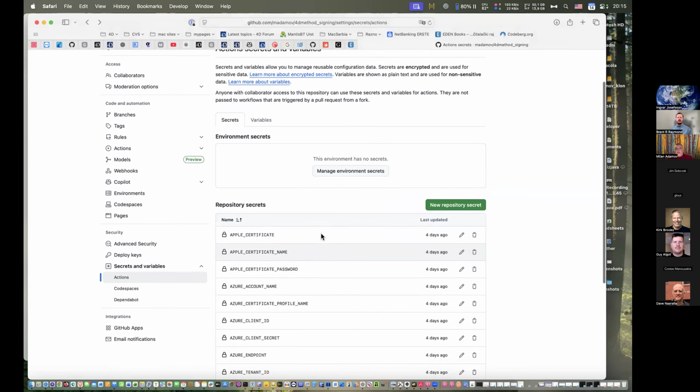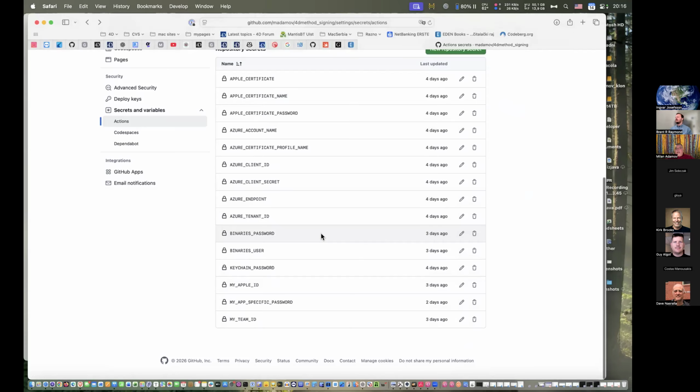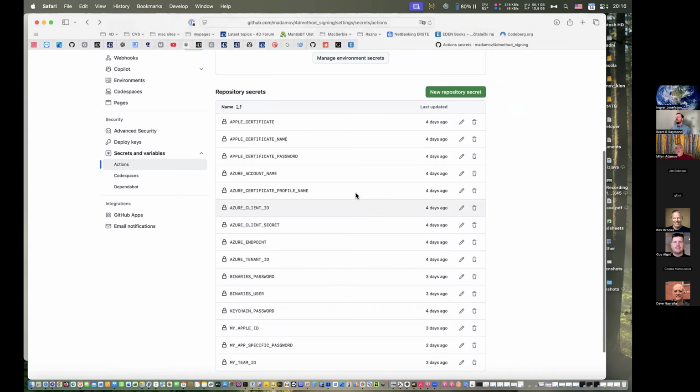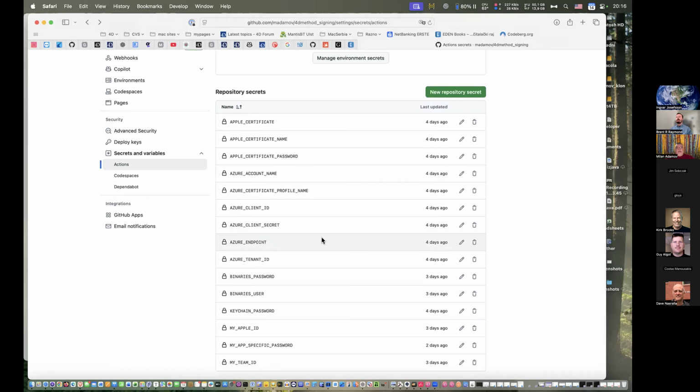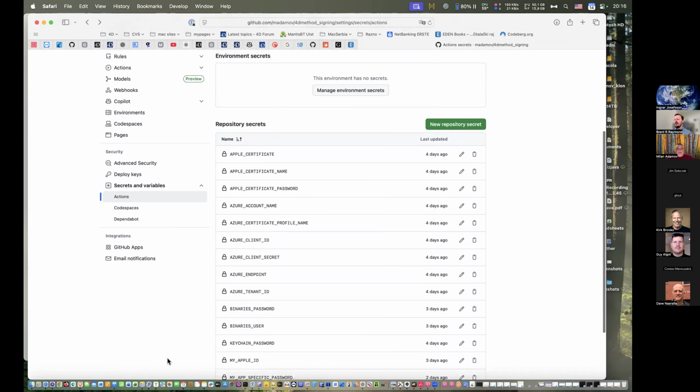Everything else is also just strings. So you just paste them in there, and once you are in there, you cannot see them anymore. You can change them, but you cannot see them. I have a test step in my GitHub Actions to check the lengths, in case sometimes I paste a new line or added space or something. So these are the secrets, and I use them a lot.